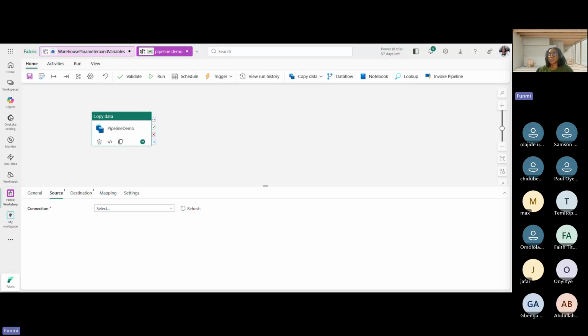So the source is to select where my data is: in Azure DB, in SQL Server, in a Postgres database, wherever your data is located. You need to tell Fabric where it is. So your source here says, like I said, if you want to move data from lakehouse to warehouse,